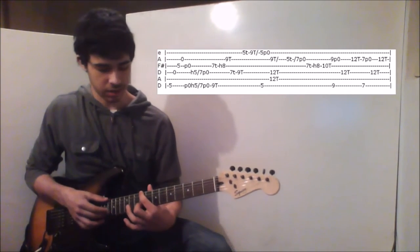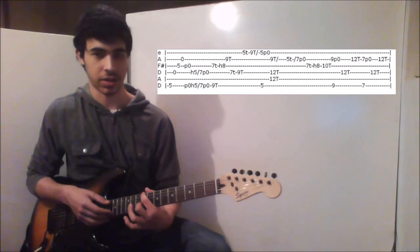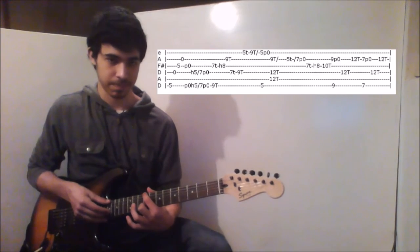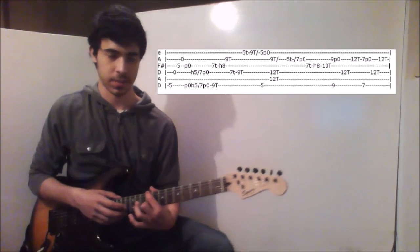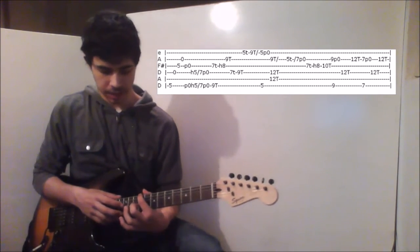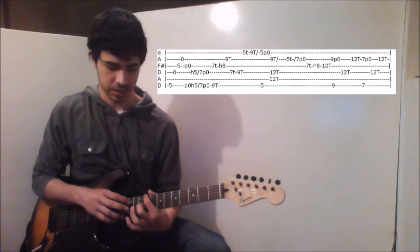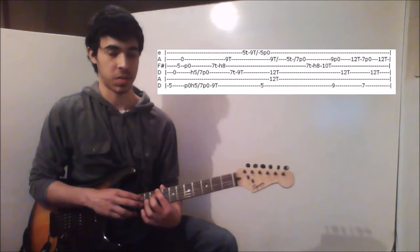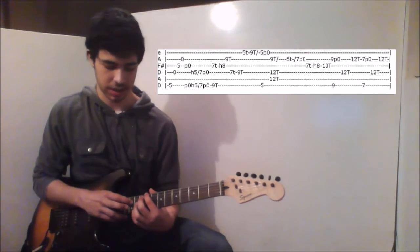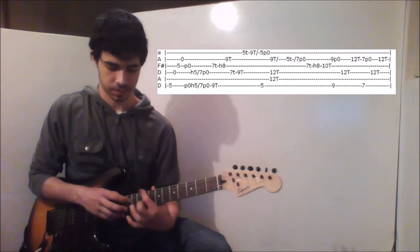Then from here, you hold the 9th fret on the 6th string and 9th fret on the 2nd string, and you play them. Then you pull off the 2nd string to open. And then you tap onto the 12th fret of the 4th string with the right hand. And then you tap onto the 12th fret on the 2nd string. So,